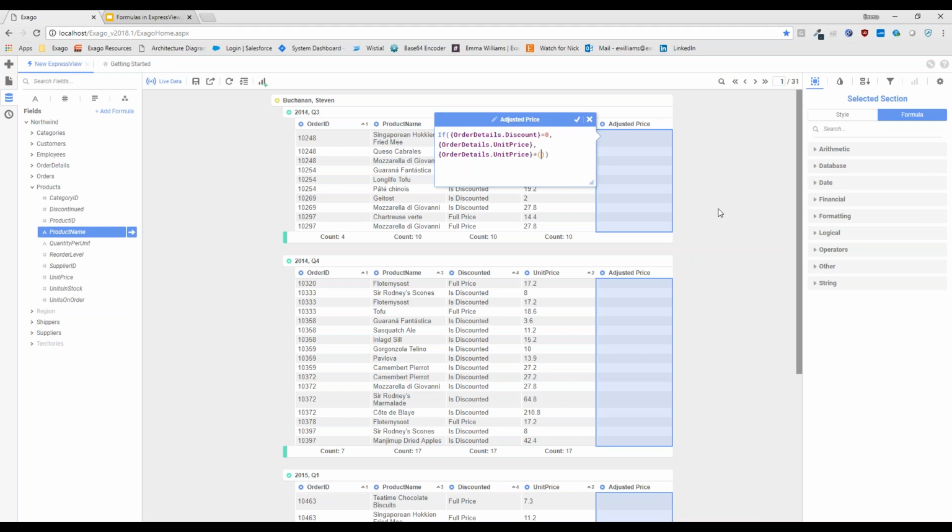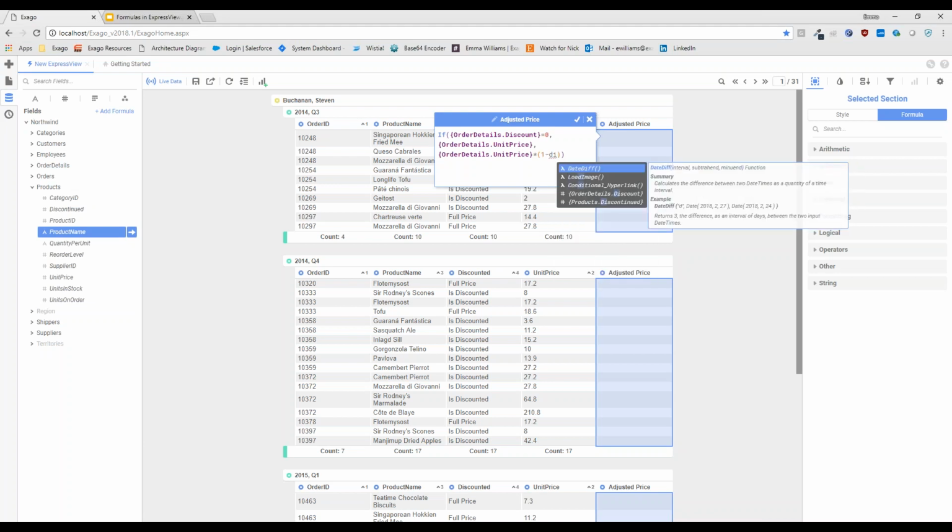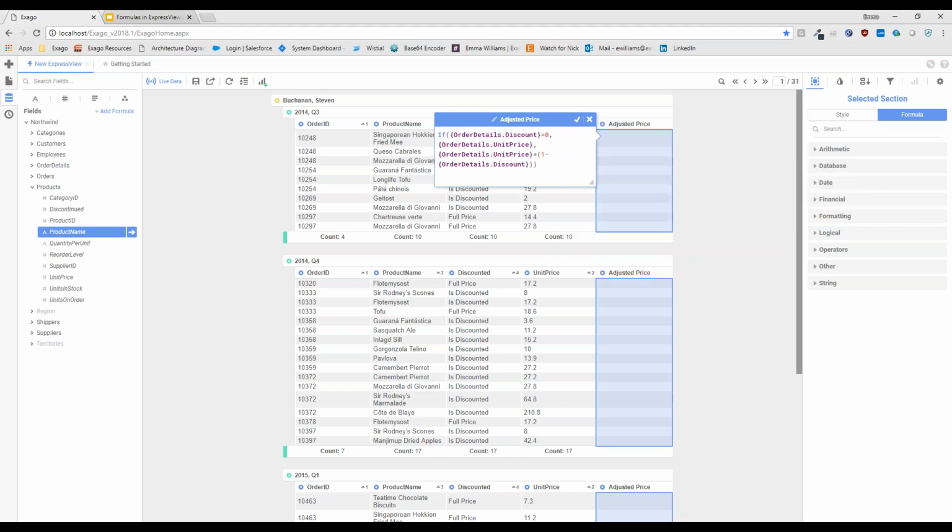This is simple mathematic order of operations. If you guys are familiar with PEMDAS, this should make sense. Taking everybody back to elementary school. Within the parentheses, we would like the value 1 minus the discount. Because if our discount is 15%, that means our product now costs 85% of the original price.